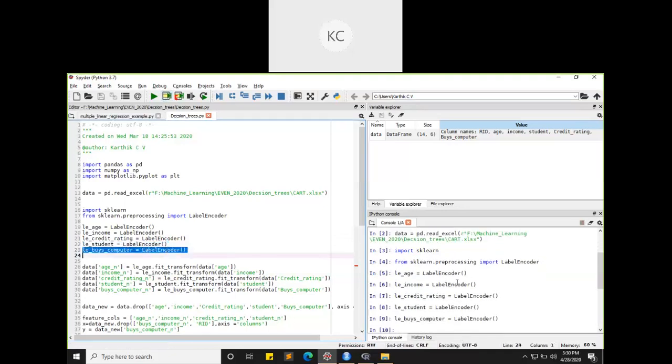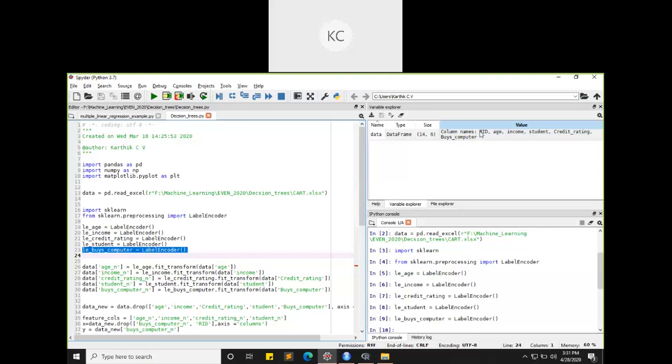So for all the 5, I created an alias. Now I'll just create it for age, and I'll show you the data frame. Afterwards, we'll generate for the others also. How many columns do I have here? I have totally 6 columns. In this data frame called data, I'm creating one more variable called age_n, meaning the numerical values of age.